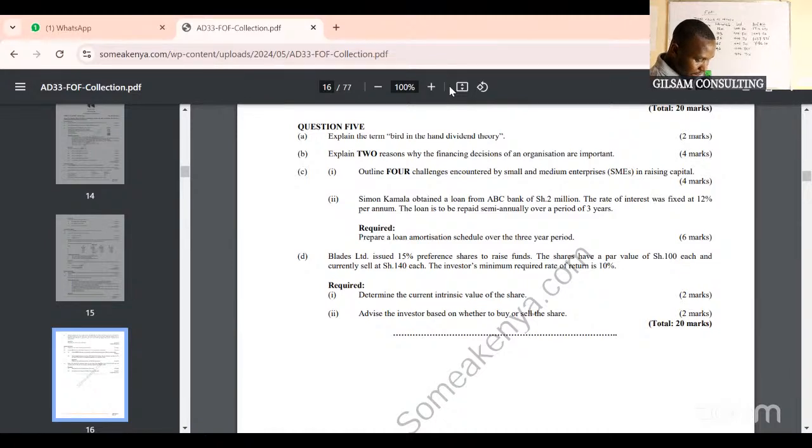minus 406.725, which you are getting 405.375. So bring it here, 405.375. Get the interest, times 0.06. You're getting 24. So 24 plus 405.375 comes, minus 406.725. So we get here